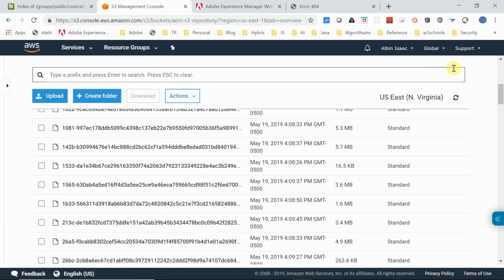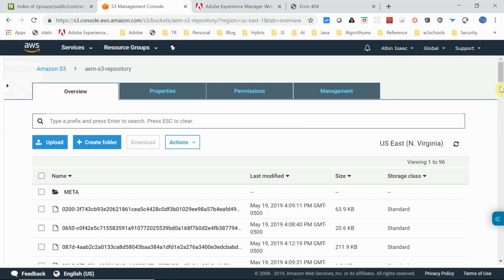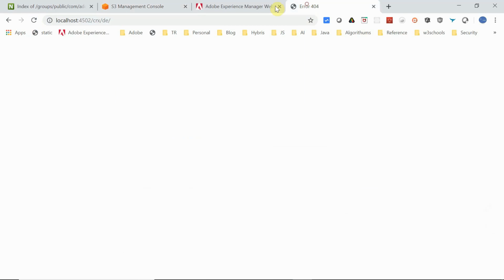So now if you go and again refresh this, now the object count would have increased. Yeah, see here 96, but the server is still with the same status. Yeah, see, now it's showing startup in progress. So it means the server is starting out, but the binary upload will be progressing asynchronously. So we can continue. So I don't see any impact there. So let the server start, then we can progress.